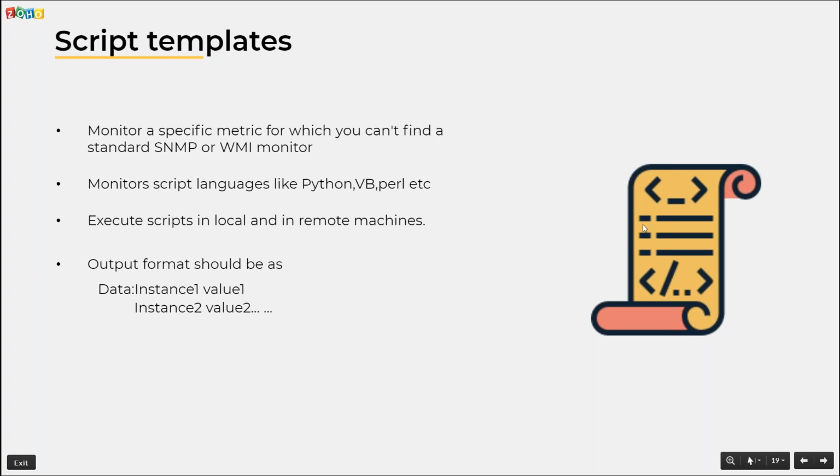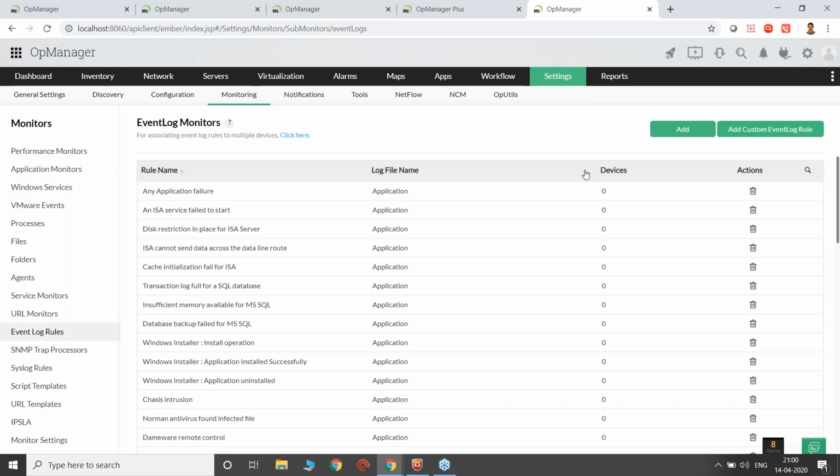So this is the only criterion which we from OpManager suggest, so that this script monitoring works. So whenever you use a script monitor, make sure that the format of the script is the instance followed by the value. So let me take you to the UI and show you how to add a